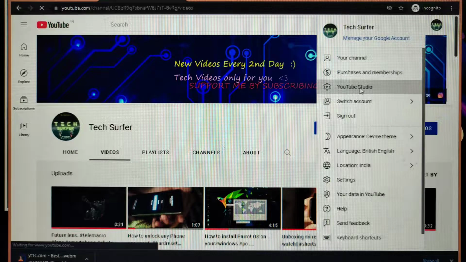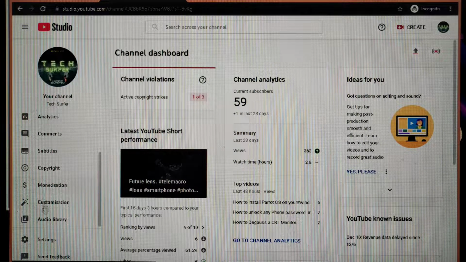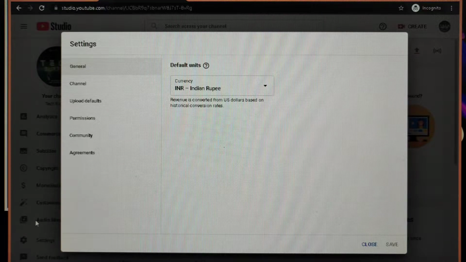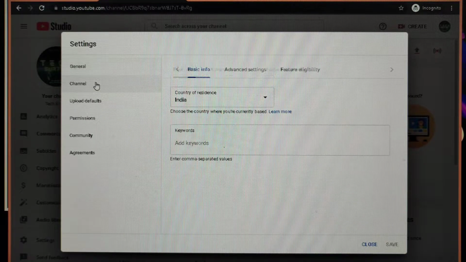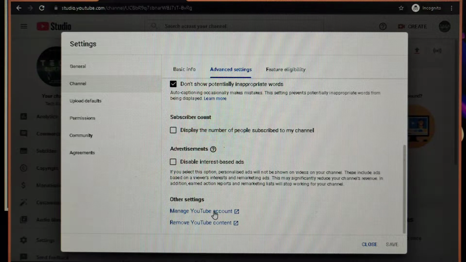In this video we're gonna talk about how you can just delete your Google YouTube account, channel. So basically you have to just go in YouTube Studio. You can also just open this page in your mobile using desktop mode and then go to the settings, and after that you have just to go to the channel and then to the advanced settings and then to the manage YouTube accounts. You'll be redirected to a new page,